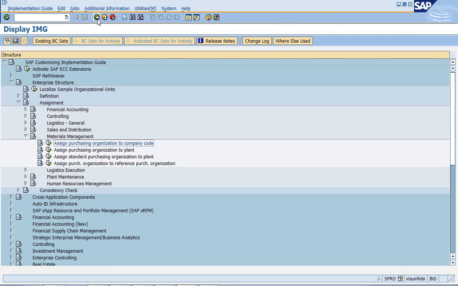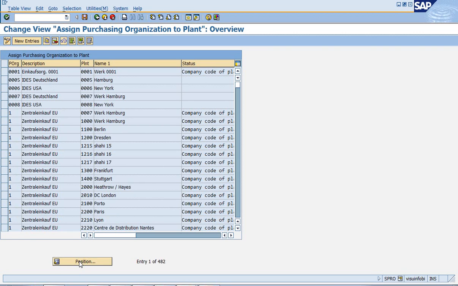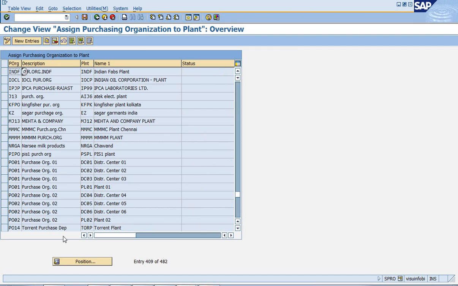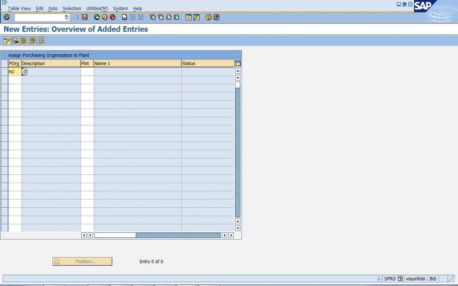Come back. Assign purchase organization to the plant. This is the next step we need to perform. So no data has been maintained over here. Click on new entries, maintain your purchase organization HUL and enter your plant HUL.